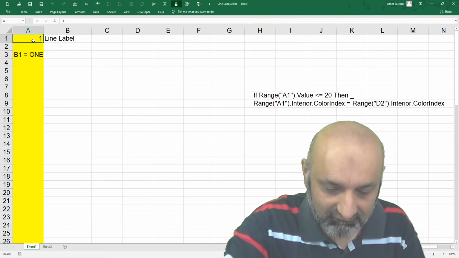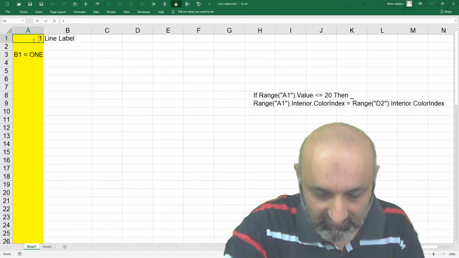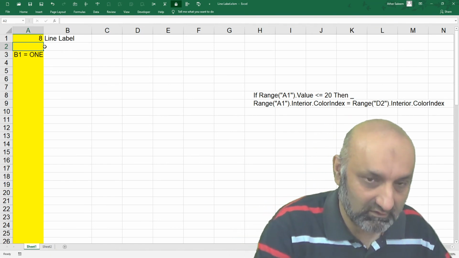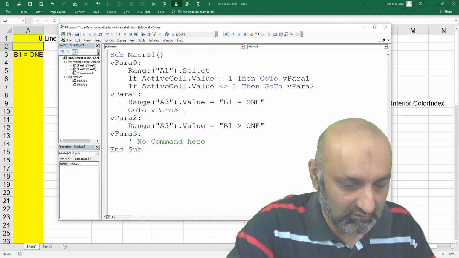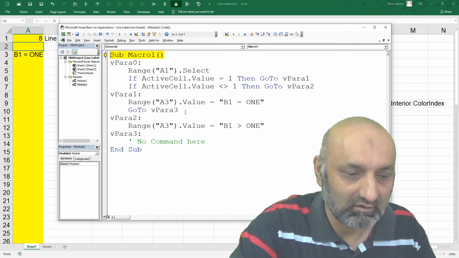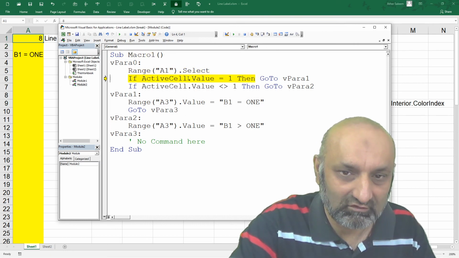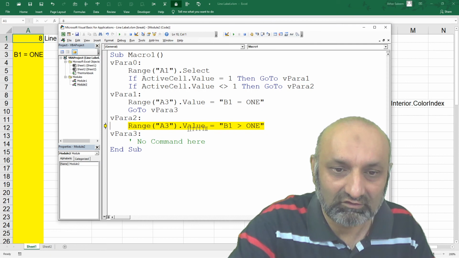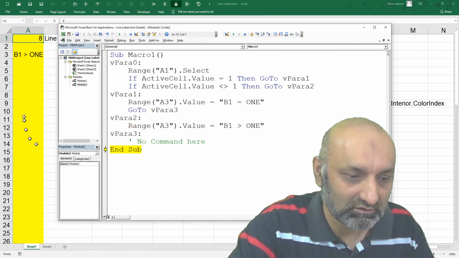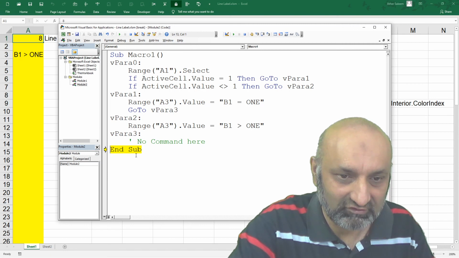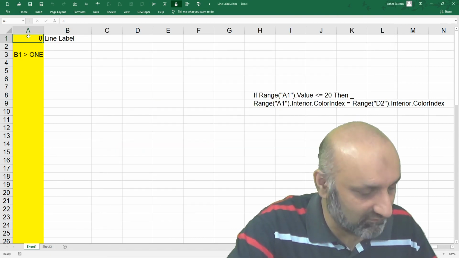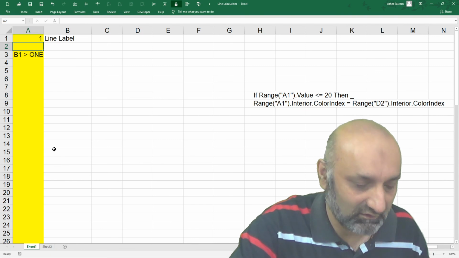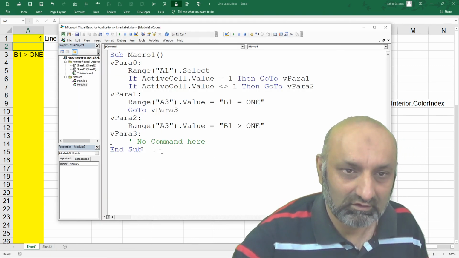If I have 8 here and if I run my macro, F8, F8, Range A1.Select, then go to para1, is not equal to 1, then go to para2, jumps to para2, skips para1, Range A3.Value is equal to "B1 is greater than 1". Boom, it ends at End Sub.